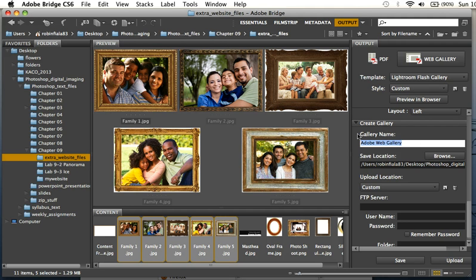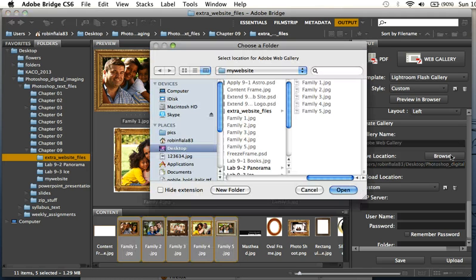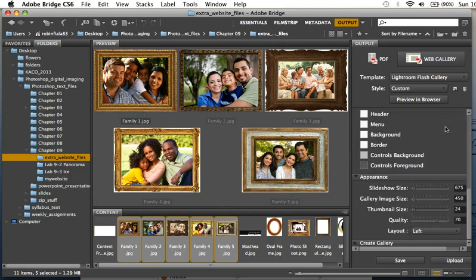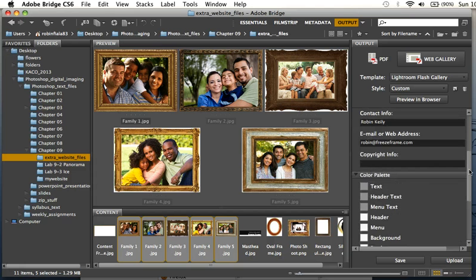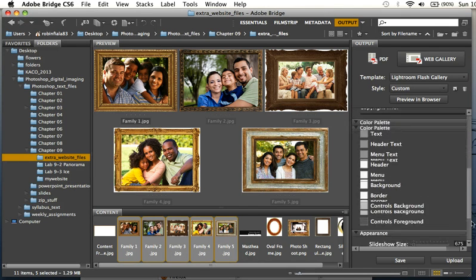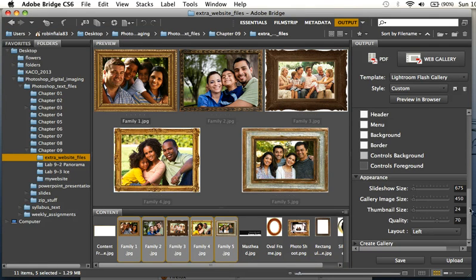Adobe Web Gallery is the gallery name, and it's the title right above the save location. So I'm just going to set the save location again. Make sure it's in the My Website folder, and then click open. Those two things really need to be correct. The other items at the top of the nav here don't matter as much. You can say whatever you want up here. It's down here that it matters regarding